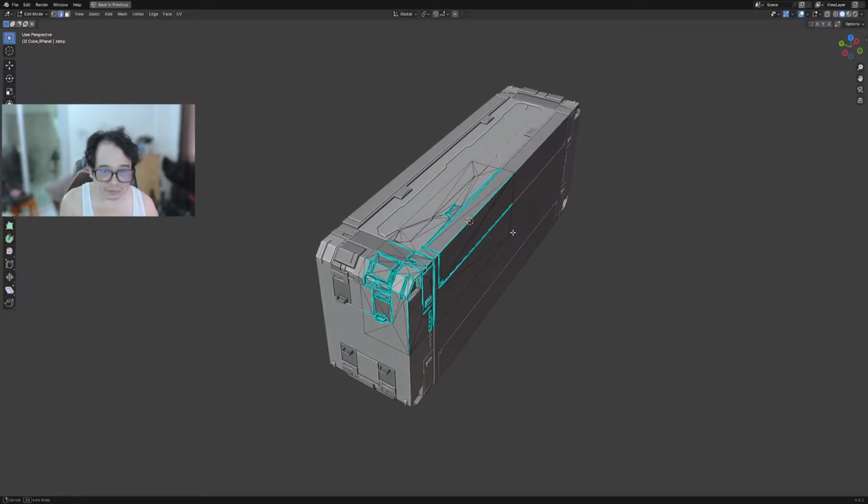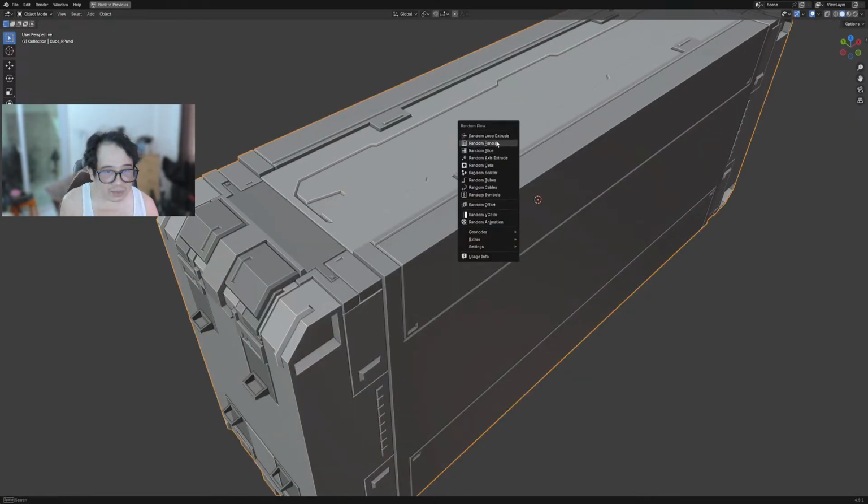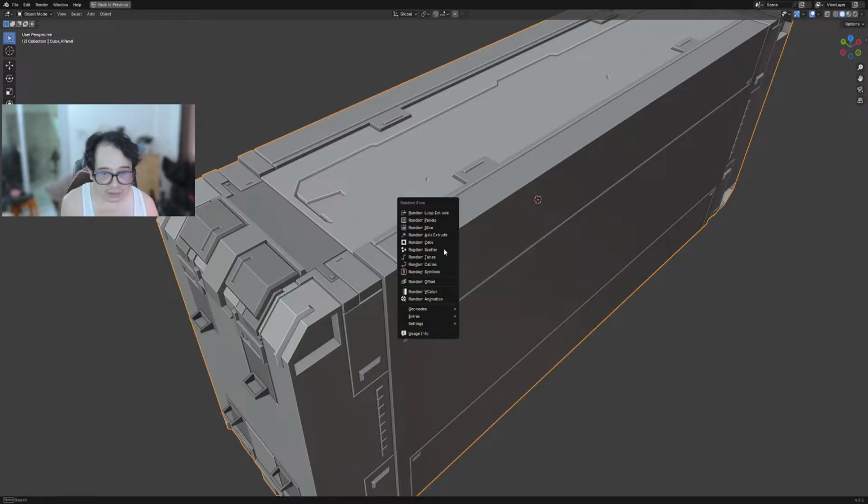Okay, so yeah, it's going to be in the next update, which is Inset Clear, and we also have the random offset. There's a lot more, and I'm going to list it all in the changelog when I update the